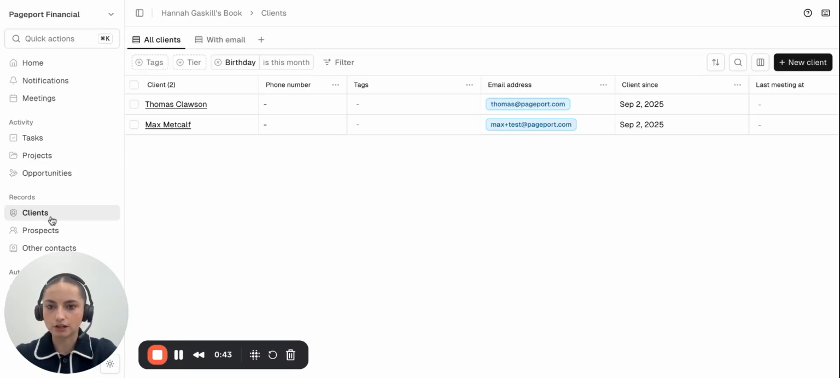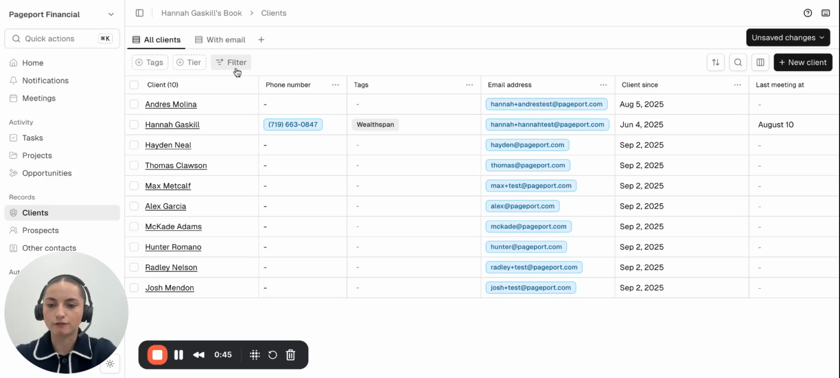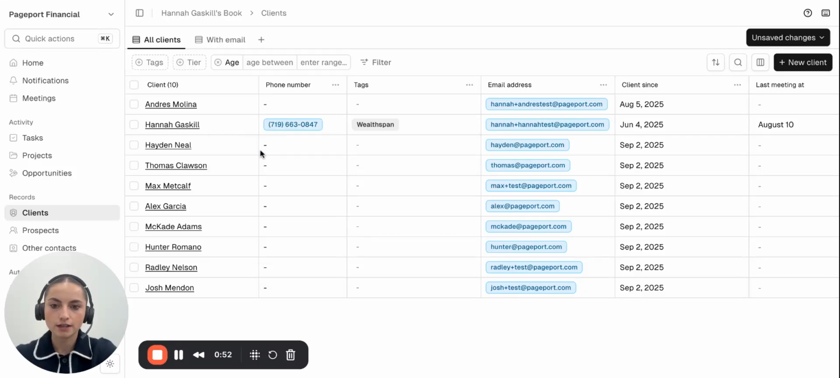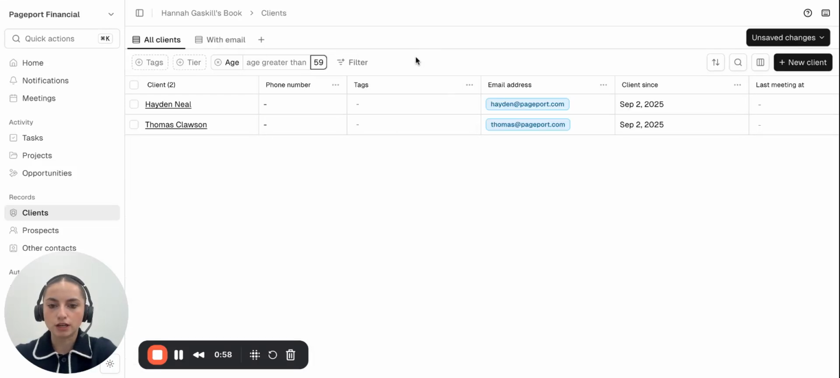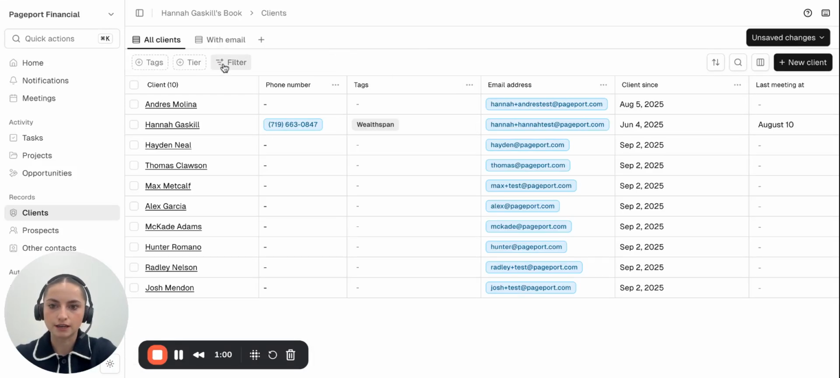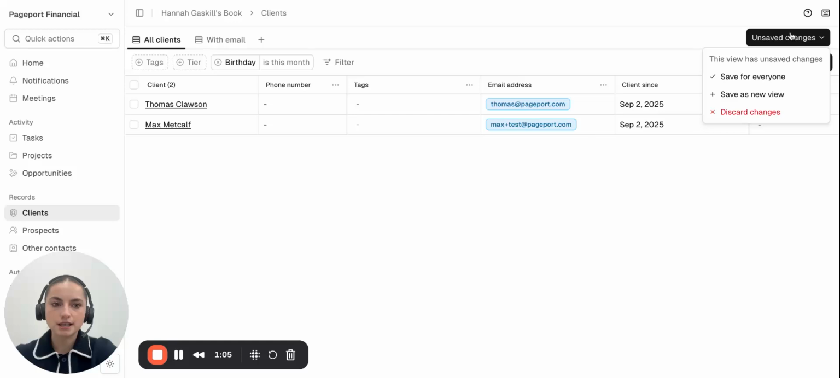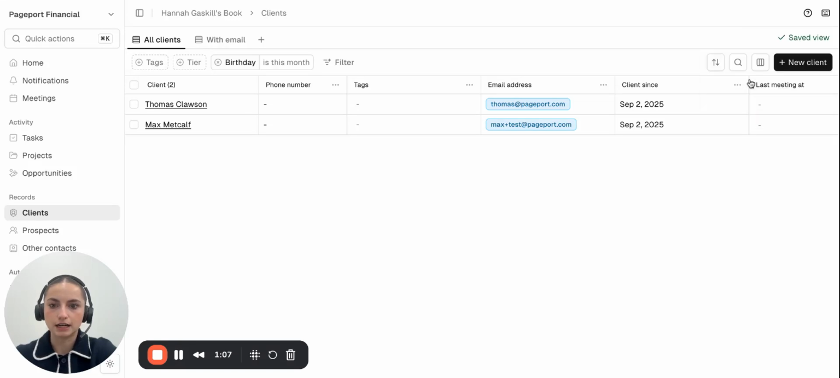Another new feature is on the client page, which we can now filter by birthday and age. This can be helpful, for example, if you want to create a filter for anyone that is older than 59. And you can also do filters like birthday is in the next month, and you can save these views as new views. So maybe you have a retirement planning view for those older than 59 or a birthday view for